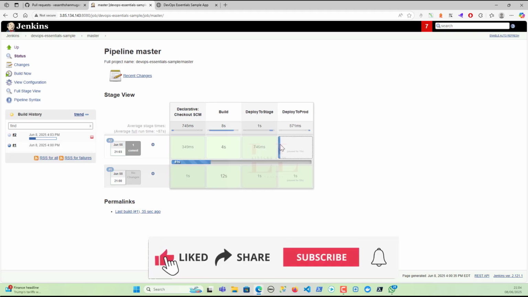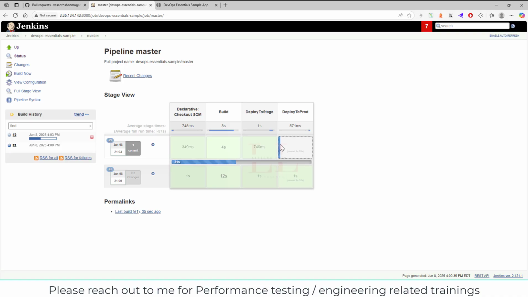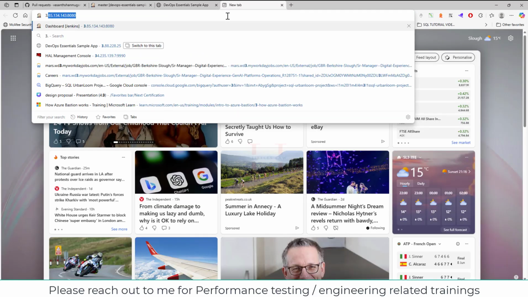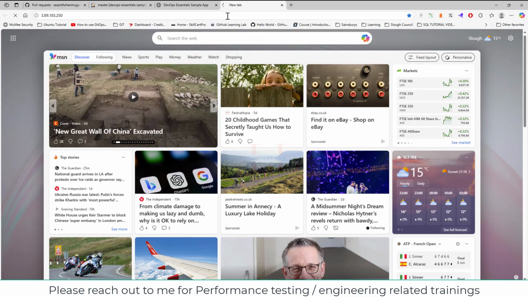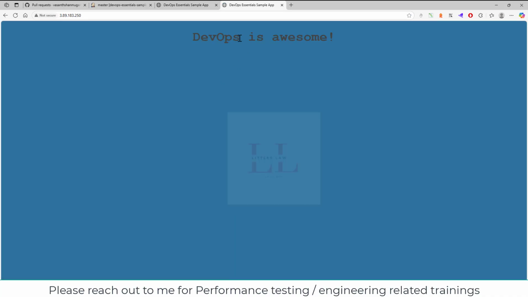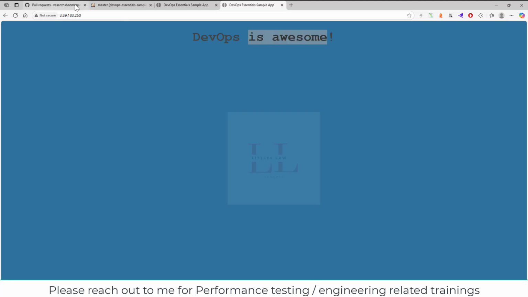So before we continue, we first want to check how the web page looks in the staging environment. For that, let's go to the staging server. Let me quickly open the IP of the staging server, and it is here. So this is the IP, and yeah, it shows DevOps is awesome. Previously, this was in the production one, and this is the staging one, and now it is deployed to stage,